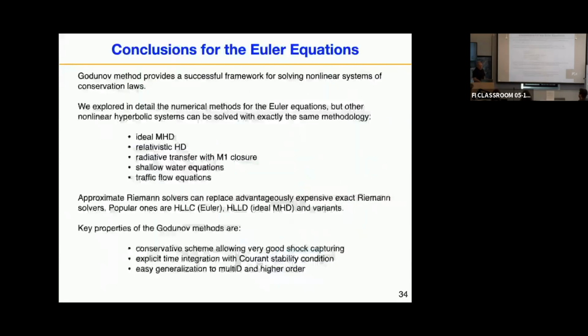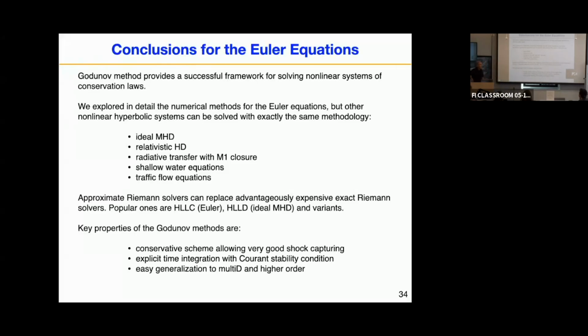Okay, so conclusion for the Euler equation. That's really a powerful method for solving any type of nonlinear system of conservation laws. The only condition is that they have to be hyperbolic. These hyperbolic conservation laws are found for the ideal MHD, relativistic hydrodynamics, radiative transfer with some closure, shallow water equations, which are for tsunamis, traffic flow equations, which is for traffic in New York, and all these are hyperbolic systems